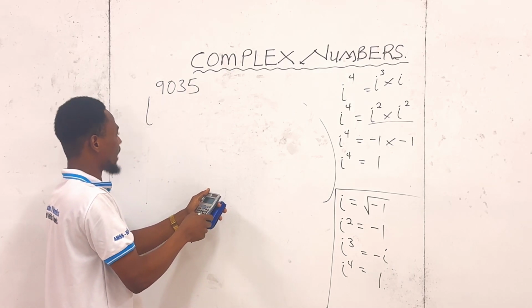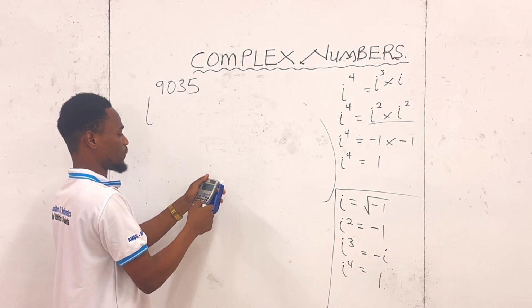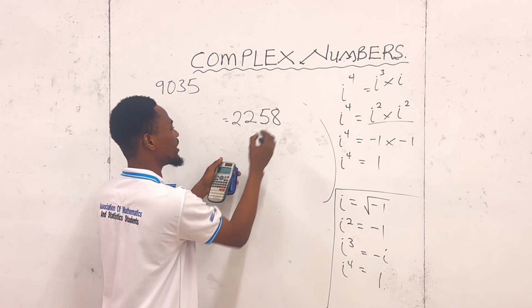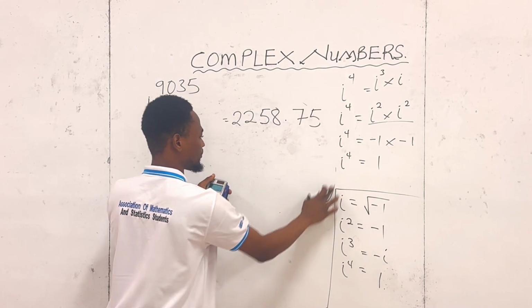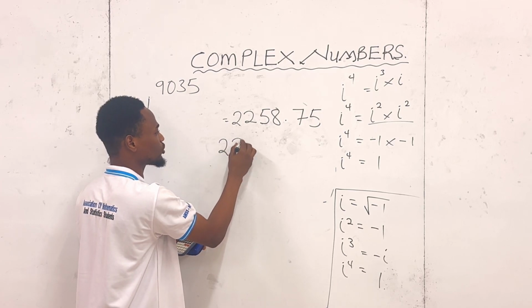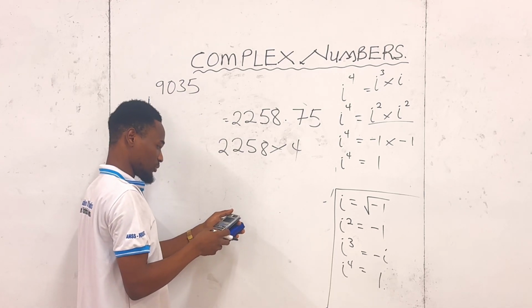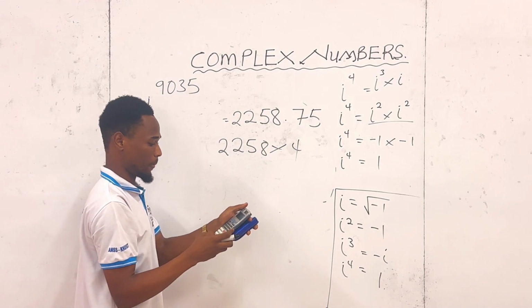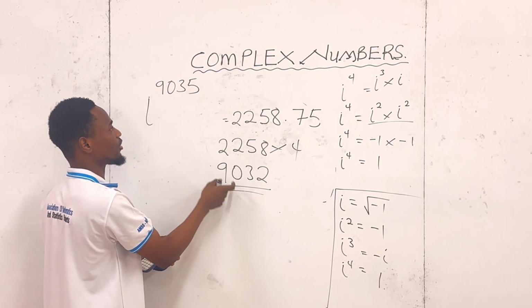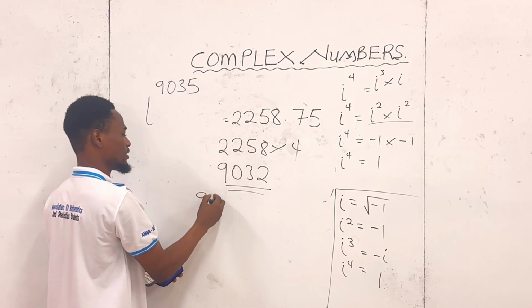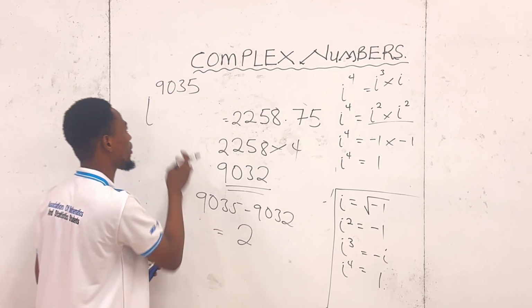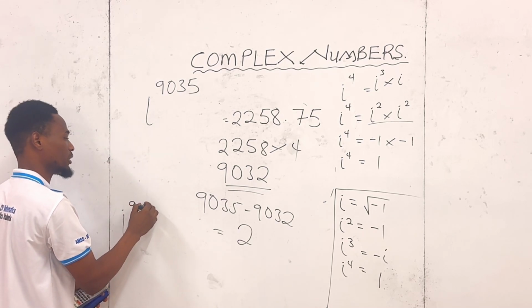So I have 9,035 over 4. I'm getting 2,258.75. Then I pick the whole number part, 2,258, and multiply by 4. I'm getting 9,032. What do you have to do next? You subtract this from that: 9,035 minus 9,032. Straight away you get 3. So therefore, I can say i raised to the power 9,035 is the same as